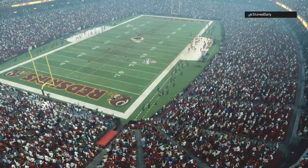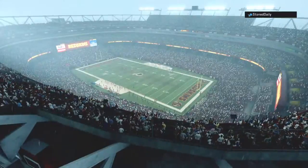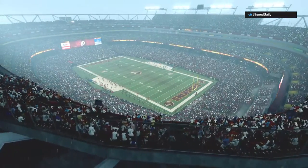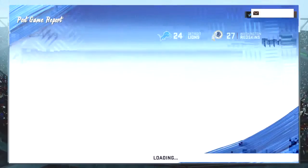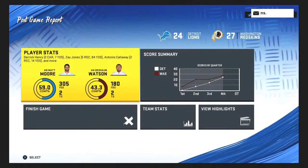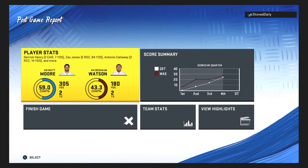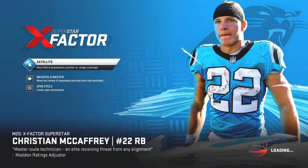So for Washington, they move back over 500 now at 6-5. And they will hit the road next week to take on the Carolina Panthers. Meanwhile, for the Lions, the record falls now to 1-10. And they'll have a quick turnaround as they're back in action Thursday at noon Eastern for the traditional Thanksgiving Day game in Detroit. That'll do it for